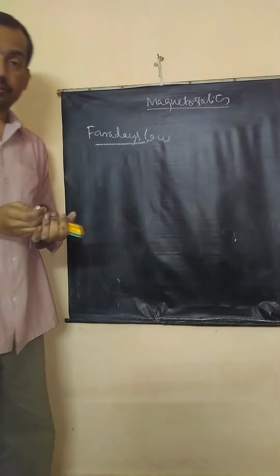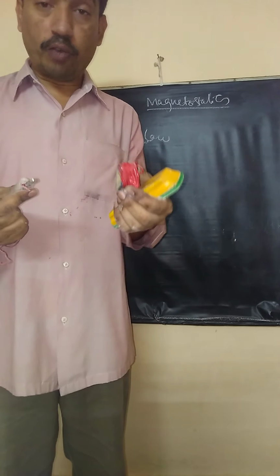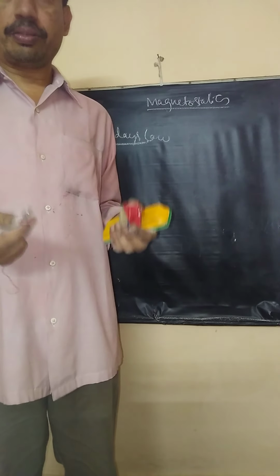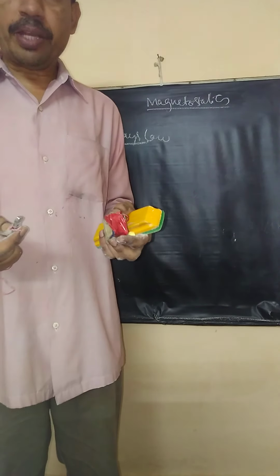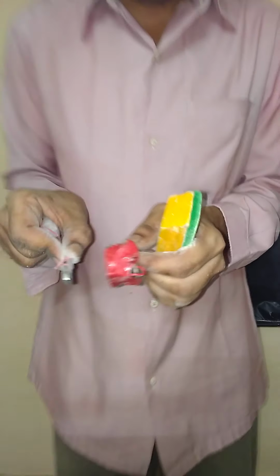You know what Faraday thought? Faraday was an 8th standard school dropout. He conducted an experiment which nobody else had done. He tried to relate magnetic field and current. He brought the coil of wire close to the magnet. He saw an EMF induced in the coil when the magnetic flux linking with the coil changes. Look at this, when the magnetic field changes, you see an EMF. Do you see that?